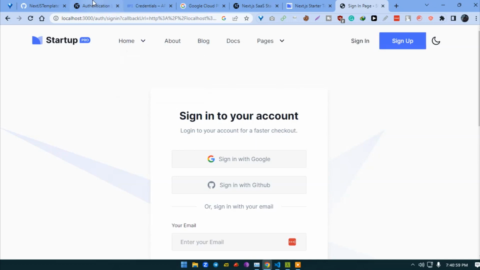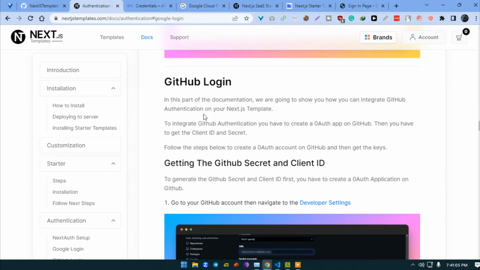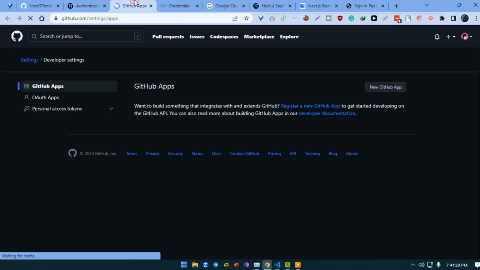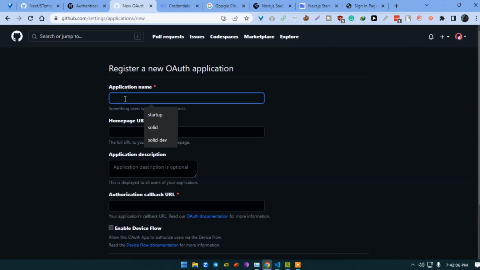So let's go to the docs and scroll down to GitHub login. Here for the GitHub login, we have to create a GitHub OAuth account. Click on this button to go to the settings/apps page. Then click on the OAuth button. Now click on this new OAuth app button. Let's add the application name, startup